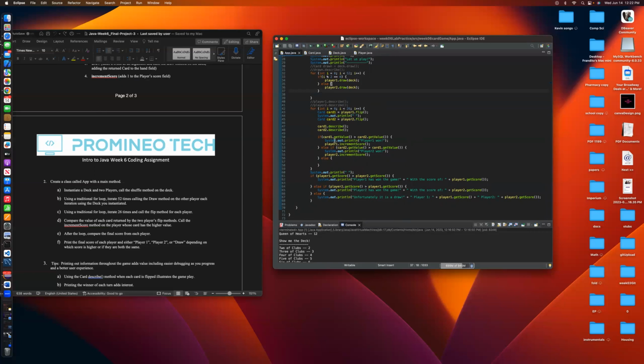And if card 1 is greater than card 2, player 1 won. If card 2 is greater than card 1, player 2 wins. And we're going to compare the scores, player 1 with score player 2. If player 1 score is greater, then player 1 has won the game with the score, and it's going to tell you the score. Or else if player 2 has won the game, greater than player 1, it's going to say player 2 got score, and else it's going to say it's a draw, score player 1, score player 2. Now let's